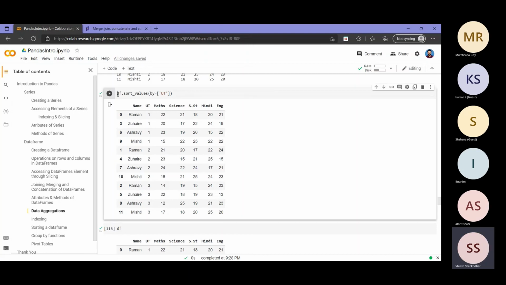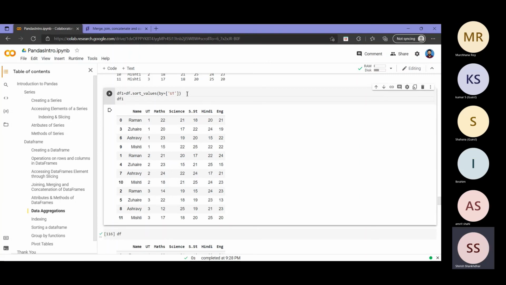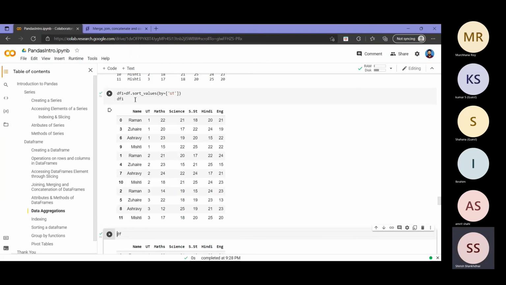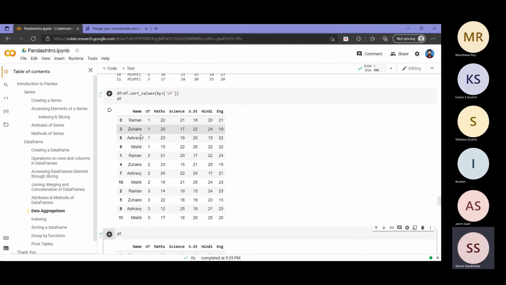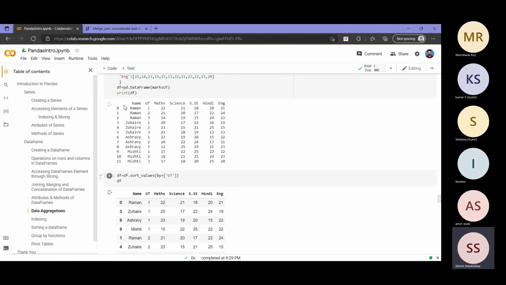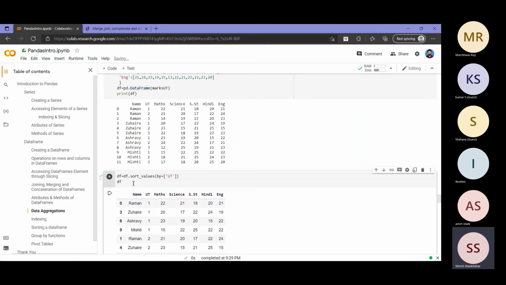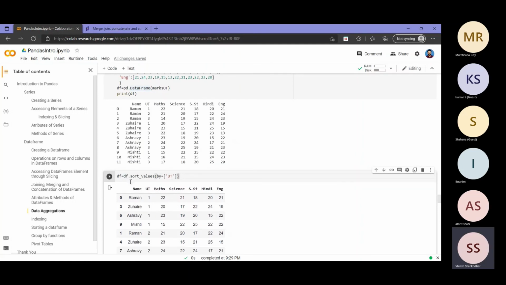So if I have an application where I want to assign it to another data frame, I can make use of this. This will work. But if I want to change the original df itself, one thing I can do is put df equal to this, like this. But there is a better option provided by pandas, and I think most Python libraries have things like this. It is the same as df is equal to df dot sort values. Instead of that, I can just tell it in place equal to true.